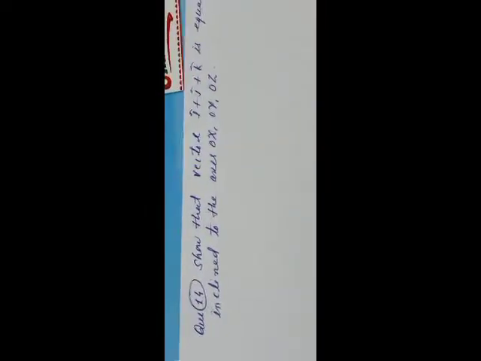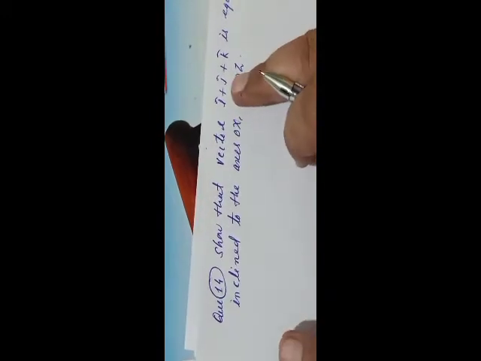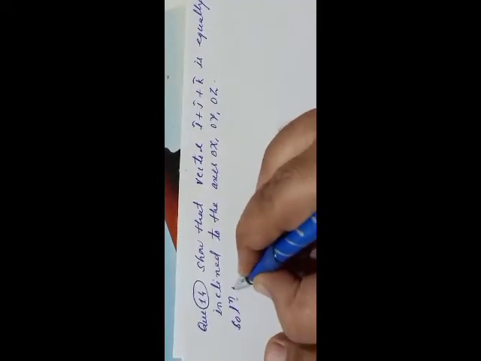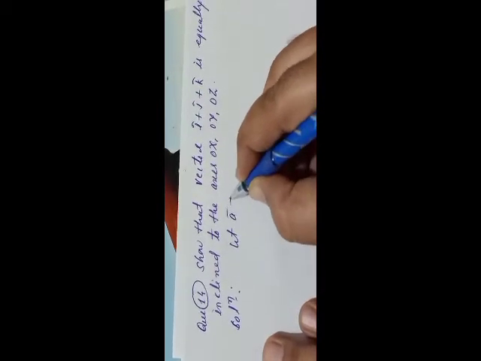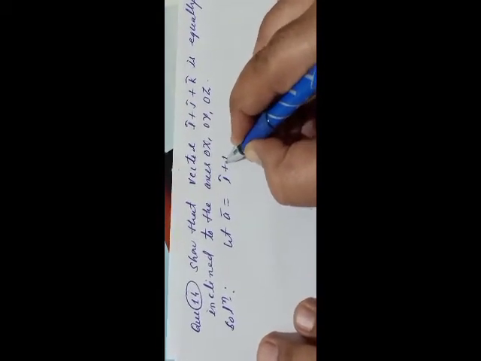Okay. Now we do question number 14. Show that the vector A, I plus J plus K, is equally inclined with OX, OY, OZ. Equally inclined मतलब एंगल इक्वल बना रहा है तीनों एक्सिस से. एंगल इक्वल बना रहा है मतलब डायरेक्शन कोसाइन इक्वल आनी चाहिए. So the solution of this question is, let vector A be I plus J plus K.